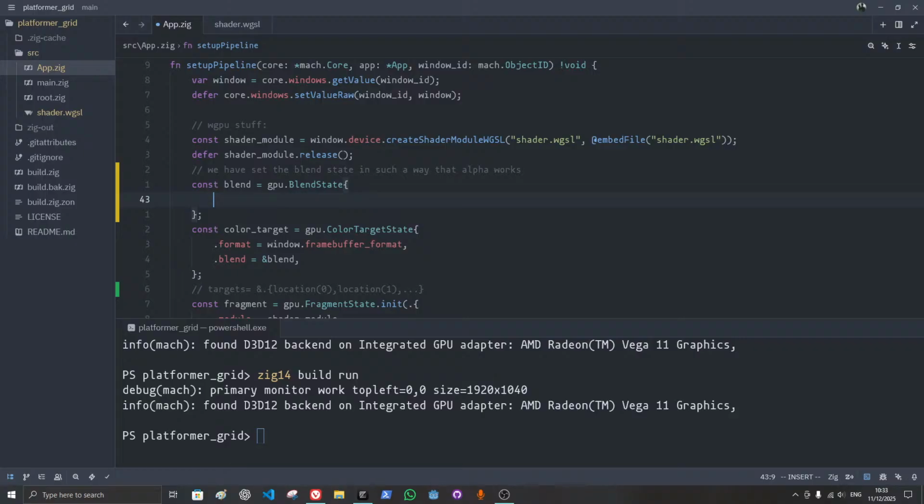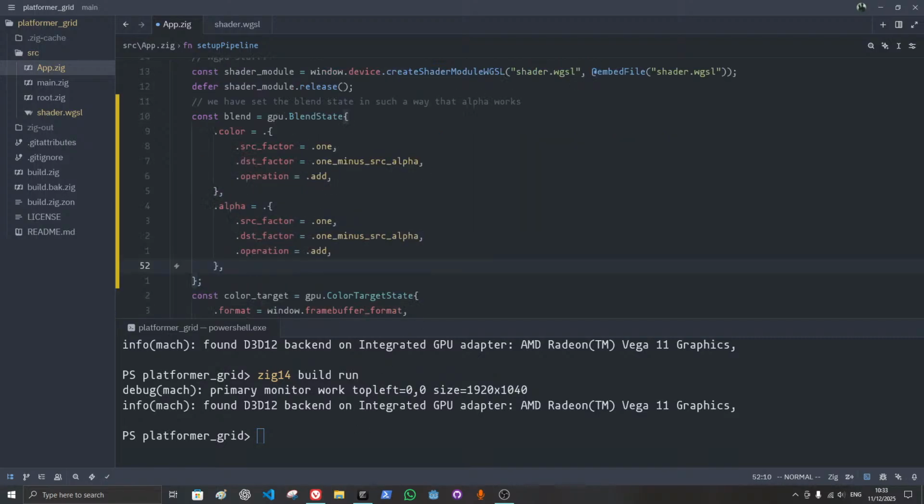What do these things mean? So I have to add, yeah, something like this. So color, 1 minus source alpha, at 1 minus source alpha, at